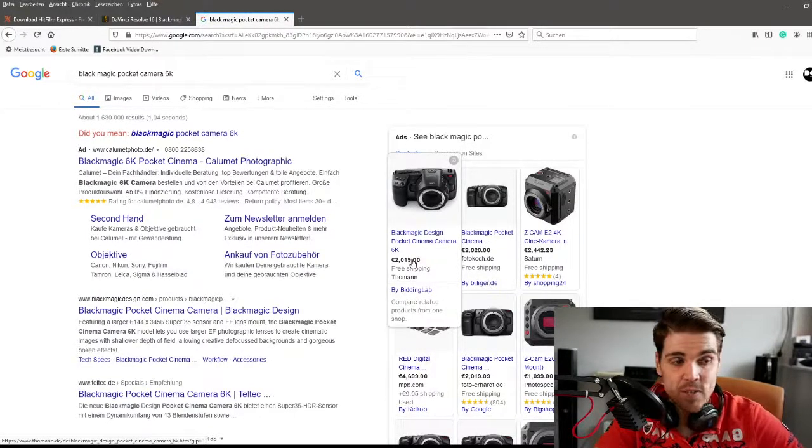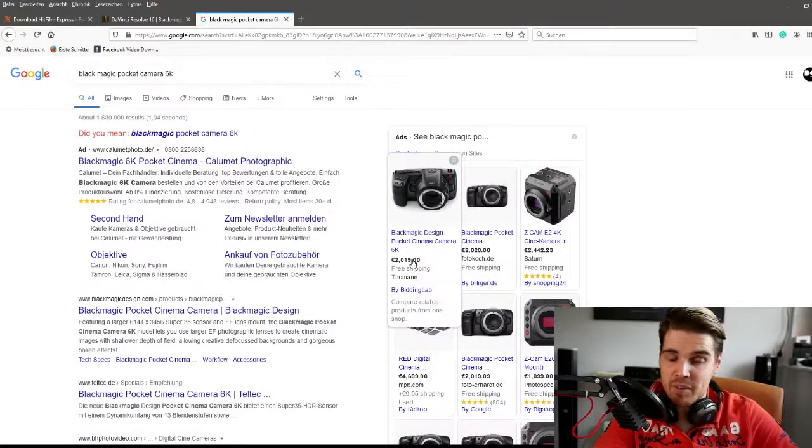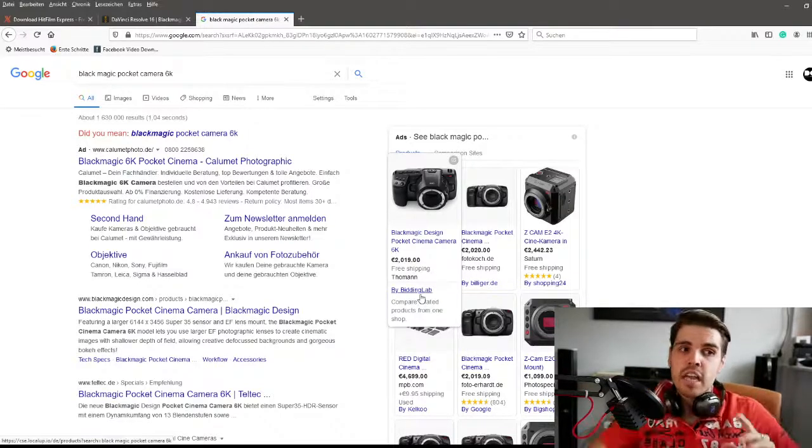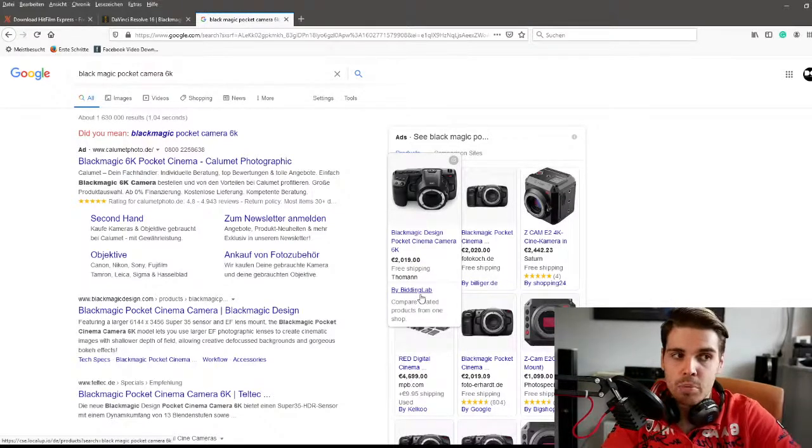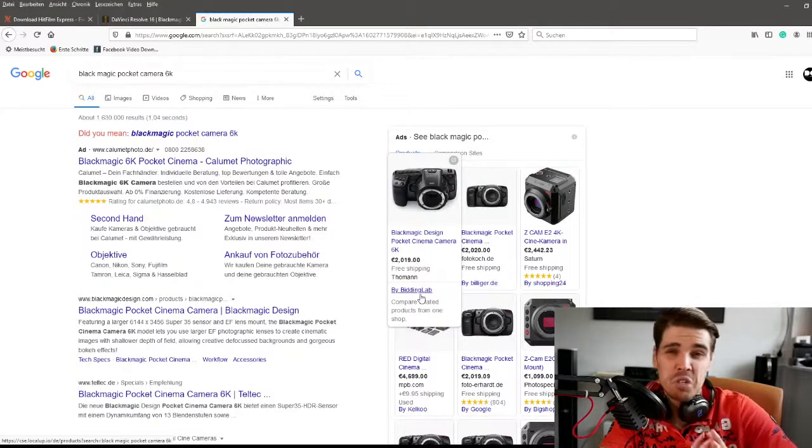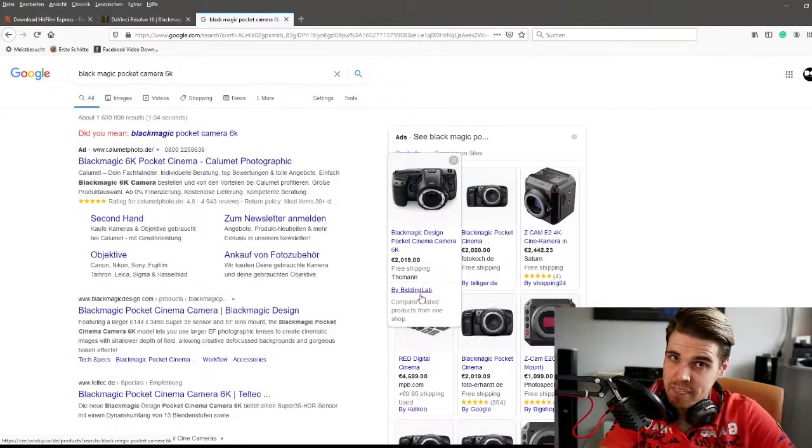These things are super cheap. I think if you paid for these things 4 years ago, you're looking at 10K upwards. So now you really have something cheap, 2K, that fits in the palm of your hands. I decided to not pick this one up on purpose because I am a hybrid shooter. I am looking at both video and photos. So if I was only doing video, I would have picked this up, but I don't, so I don't need it.